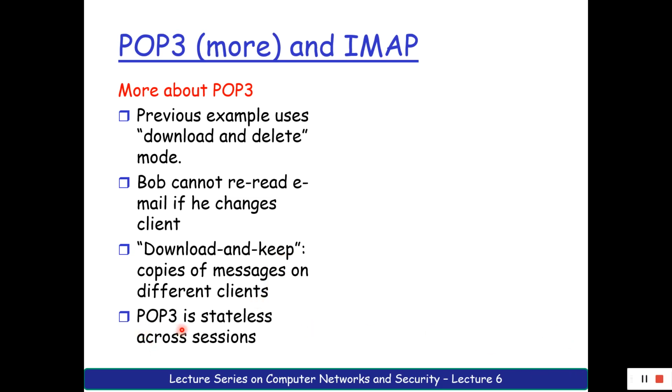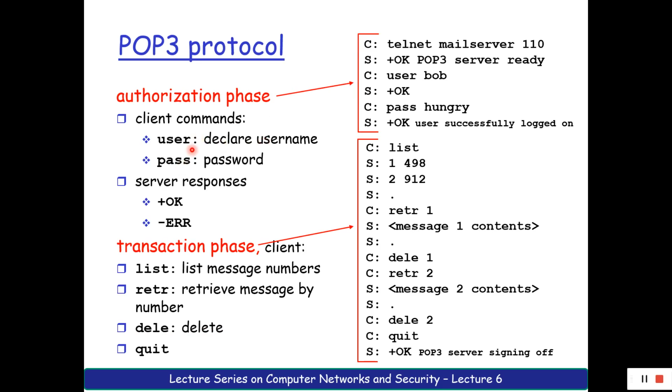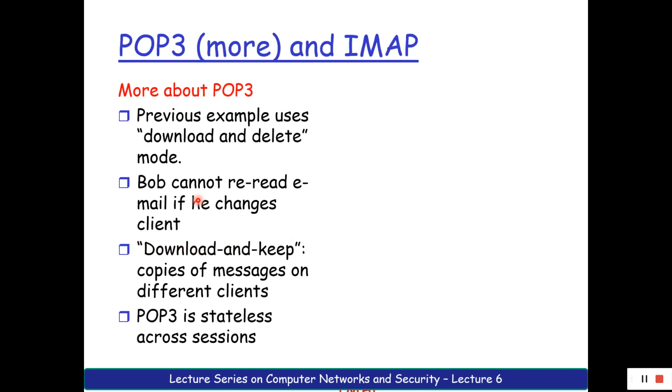So this is how POP3 works. Now POP3 has a certain problem: you have so many commands to be used and so many responses that you get from the server, so it is not very GUI friendly. Now what came as the replacement for it? The replacement for it was IMAP.